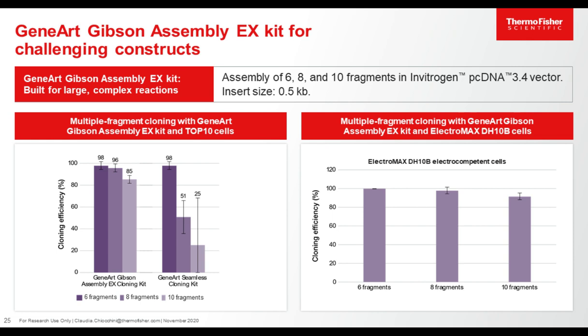As you can see in this picture, where we're using TOP10 chemically competent cells, both kits were doing very well with 6 fragments, but the performance of the GeneArt Seamless Cloning is going down when we pick 8 and 10 fragments. On the other hand, the GeneArt Gibson Assembly EX is very stable, really providing high cloning efficiency even with 10 pieces. And when we used electroporation, we got even higher cloning efficiency, up to even 90% with 10 fragments,